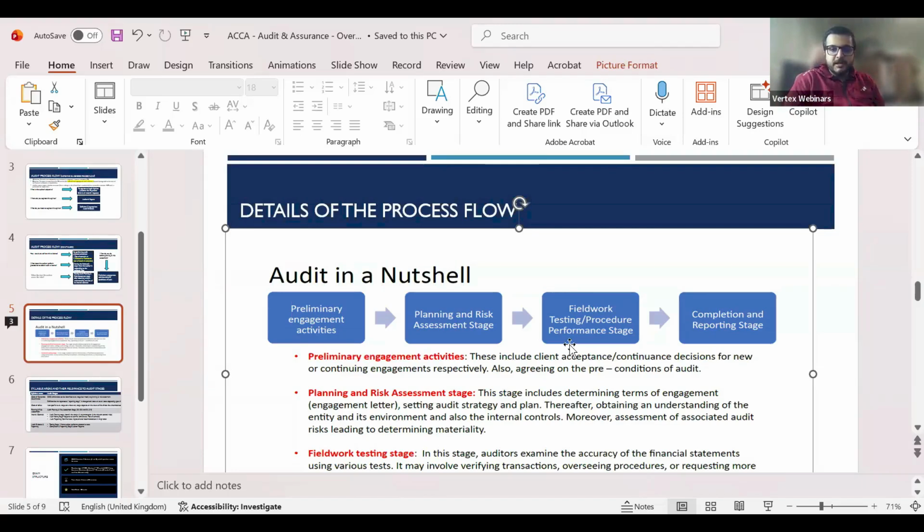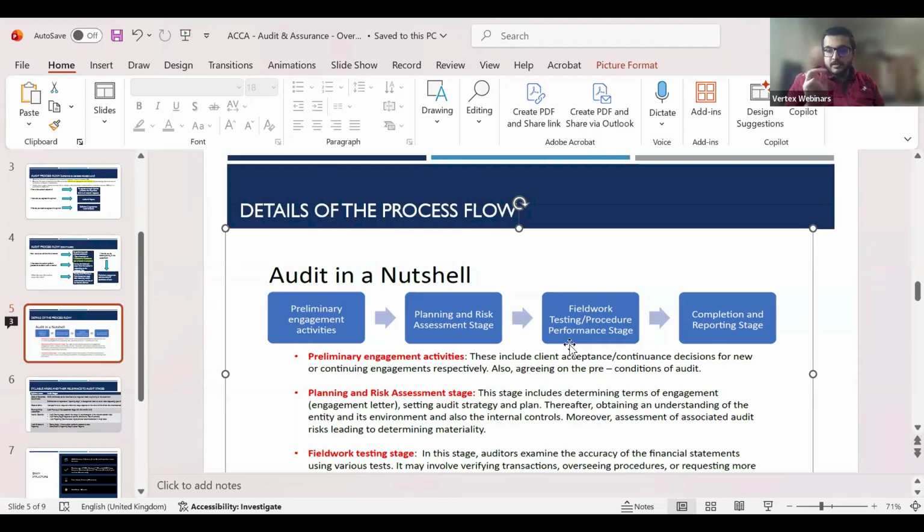So, preliminary engagement activities. What are these? They look very complex and very difficult to understand. No, very simple. It's just terminology that might confuse you. Don't get carried away with the terminology. It's very easy. So these include client acceptance, continuance decisions for new or continuing engagements, respectively, also agreeing on preconditions